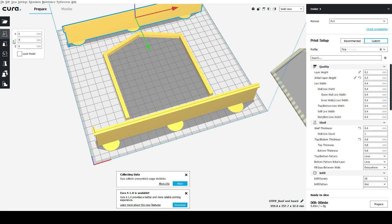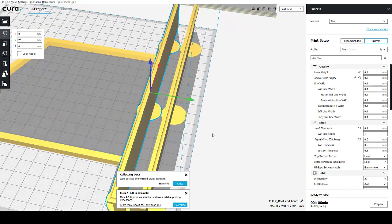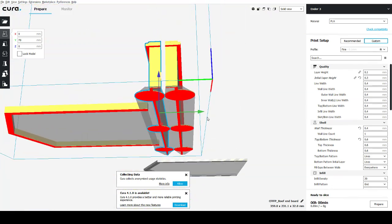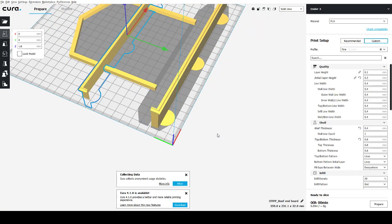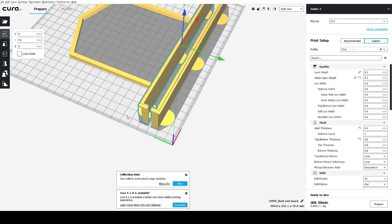So that was 90, so we'll put this one at 70. Now if these overlap a little, that's fine, because it's only the little support discs. No, what did I just do? 70. No, not that, 70. This 70. Well, actually, what I can do, thinking about it, because, you know, that thing I meant to do,